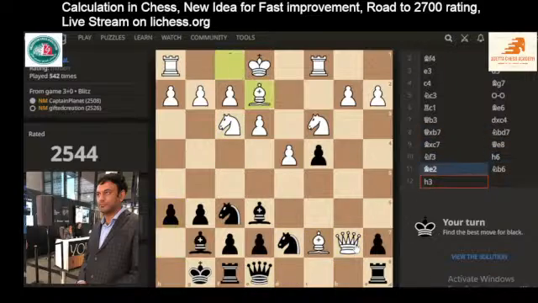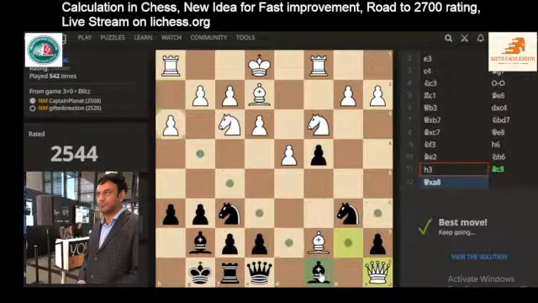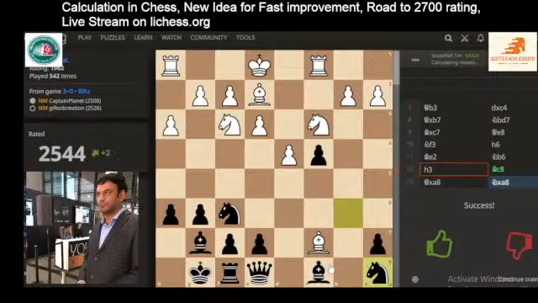Okay. Black is very. Now, after this move, what to do? Can I come back here to block him from going here? He cannot come here. He cannot come here. Queen is trapped. Okay,